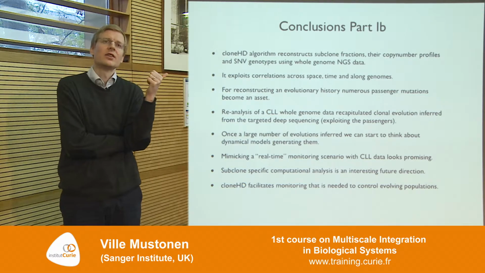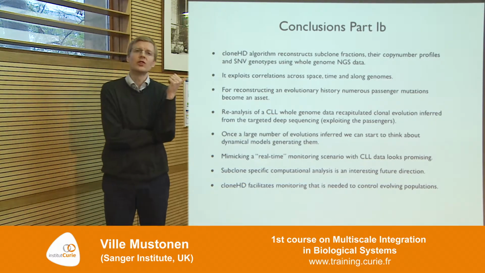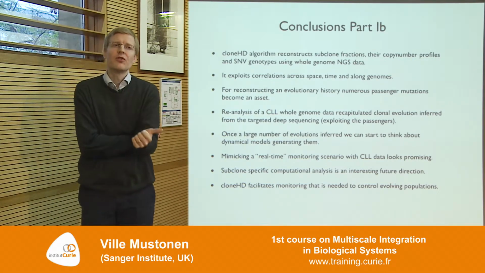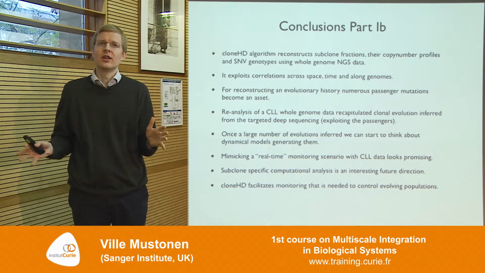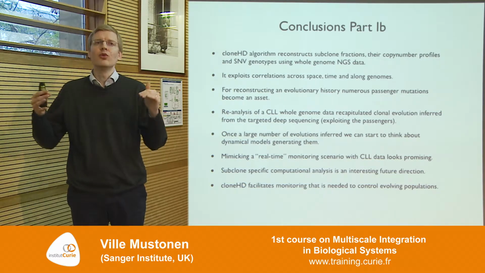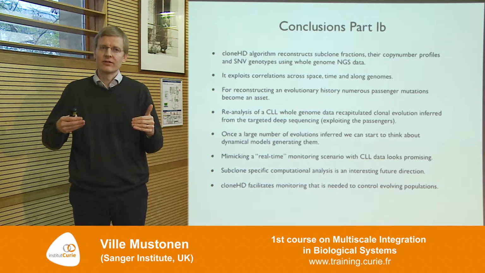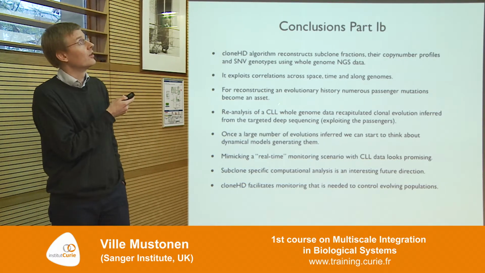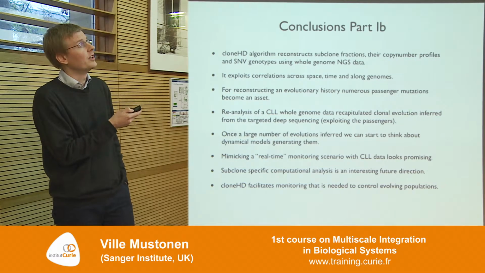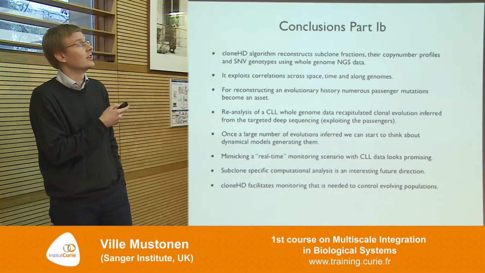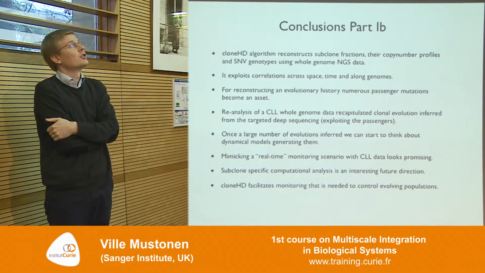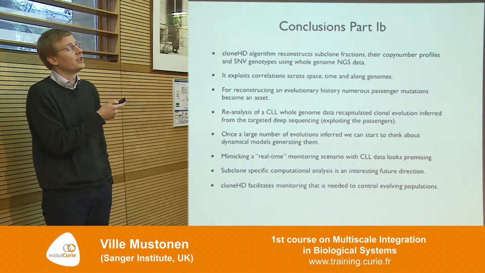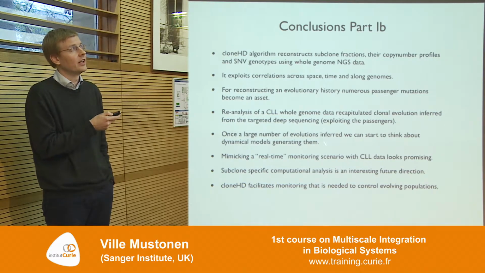However, what we have here is a different problem, because we want to see who is there in the population. We are better off with many mutations, because we actually use all these passenger mutations and their joint movement to deduce what kind of cells are in the population. So in fact, for this problem, the passenger mutations become an asset. So that's an interesting change of fortunes there. And this reanalysis of CLL whole genome data recapitulated clonal evolution,